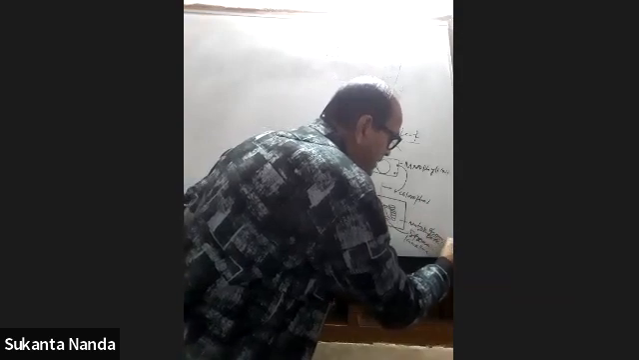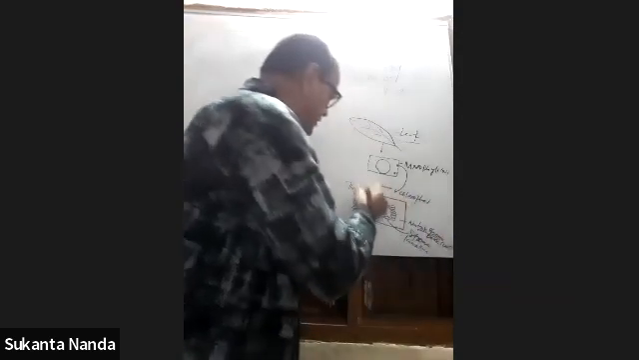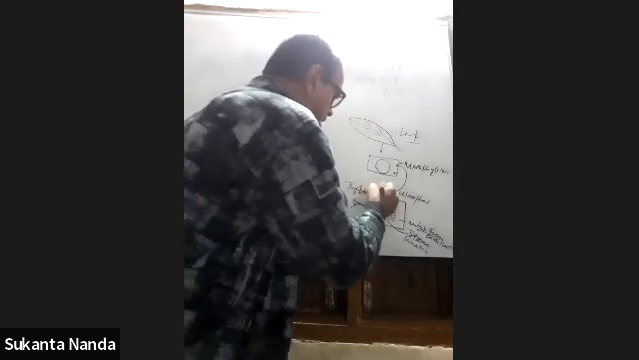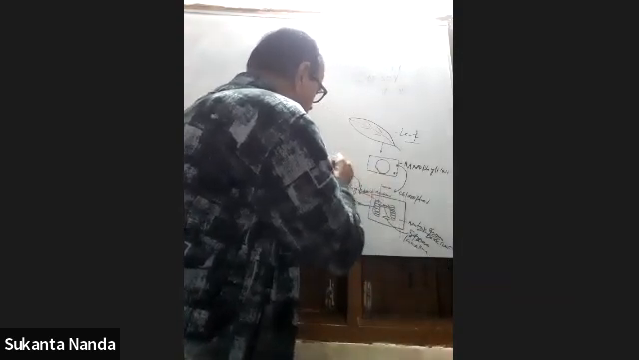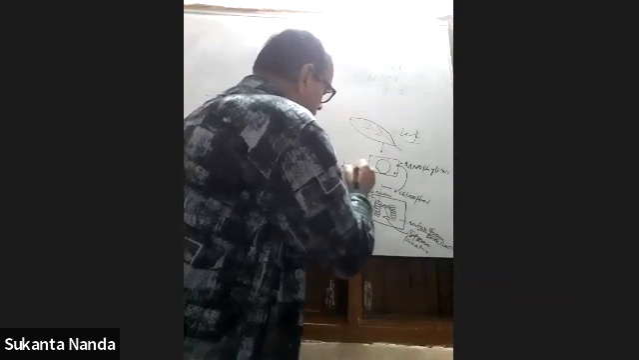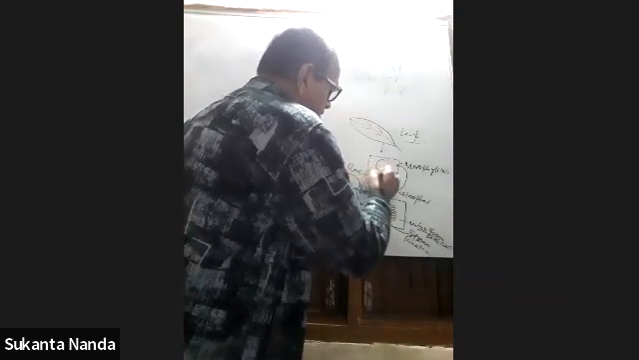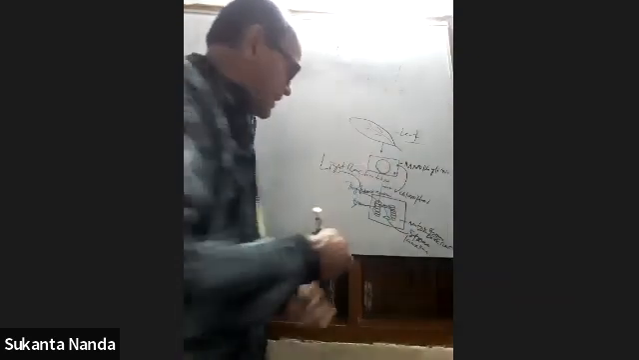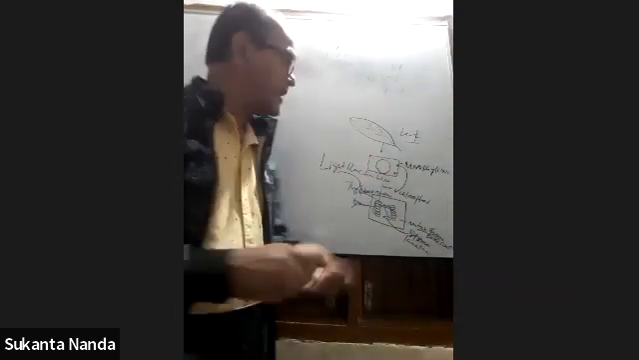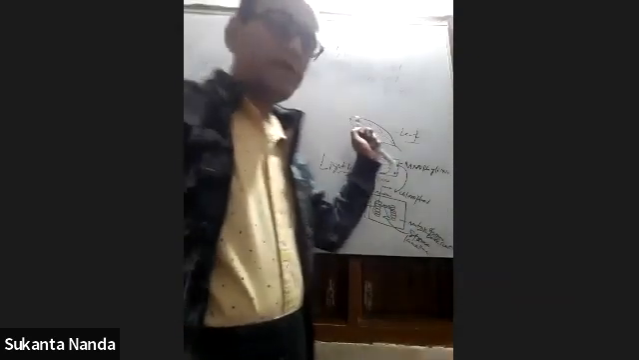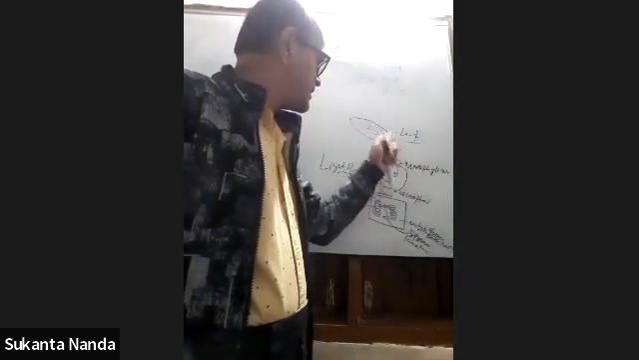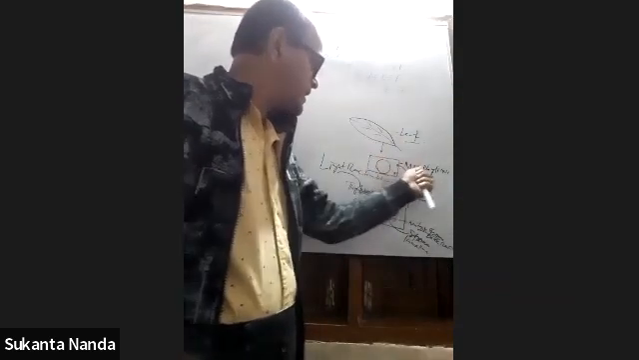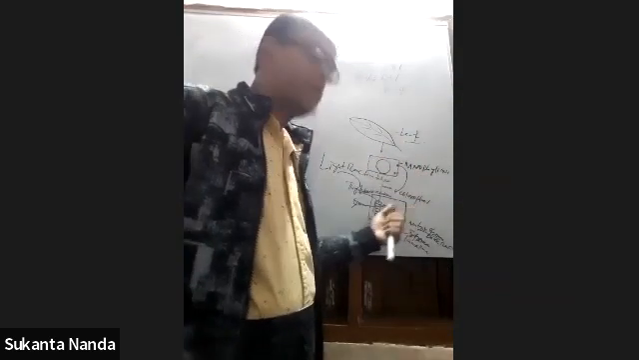Dark reaction in matrix stroma. And in the grana, or the thylakoid membrane, the light reaction takes place. Okay, the light reaction takes place. So what I told you yesterday is that in the leaf of the plant, mesophyll cells are present. Those mesophyll cells bear